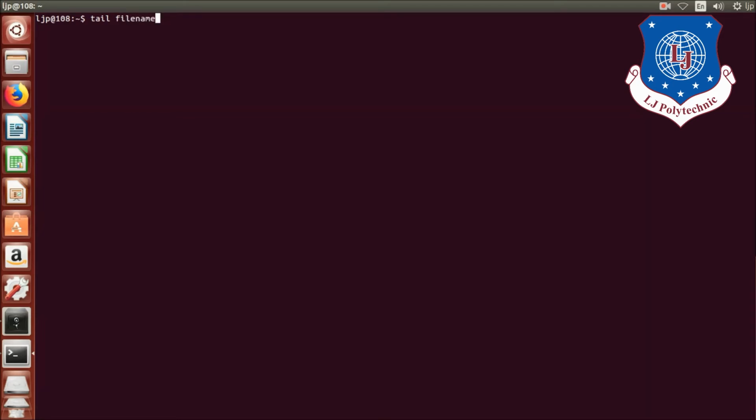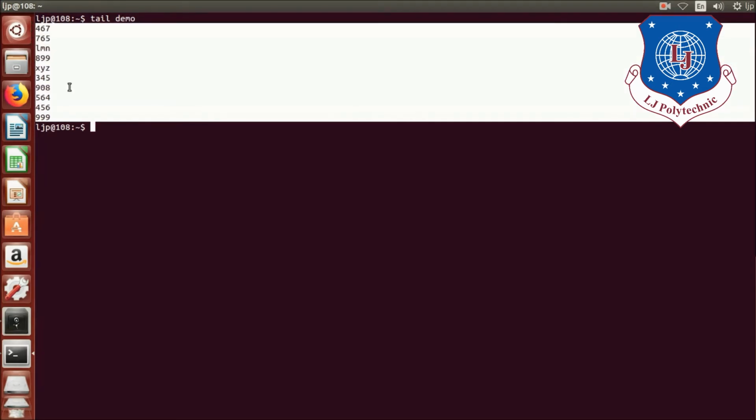So here I will write down tail and the previous file which I have created, that is demo. I will write down that file name and then press enter. So as you can see over here, it displays last 10 lines from demo file.